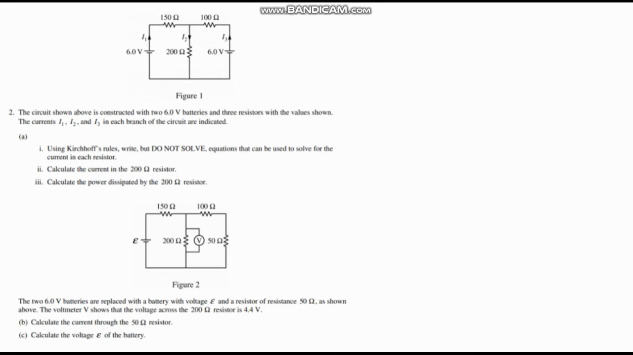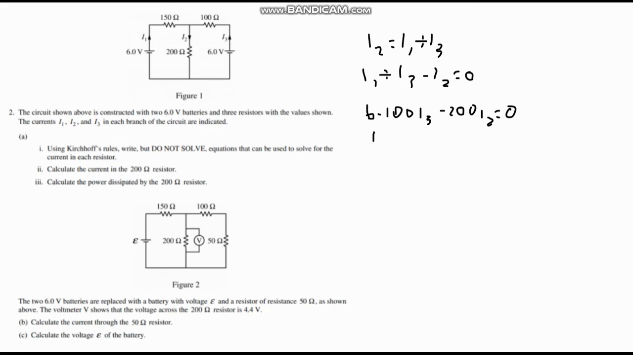The circuit shown above is connected with two 6-volt batteries and three resistors with the values shown. The currents I1, I2, I3 of each branch in the circuit are indicated. Using Kirchhoff's rules, write equations that can be used to solve for the current. So by Kirchhoff's rules, we know that I2 equals I1 plus I3, and we can rearrange that in different ways to solve. So we know I1 plus I3 minus I2 is 0, so we can just plug in values for them. So we get 6 minus 100 I3 minus 200 I2 equals 0,